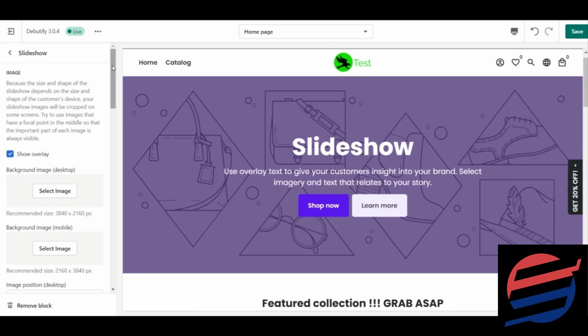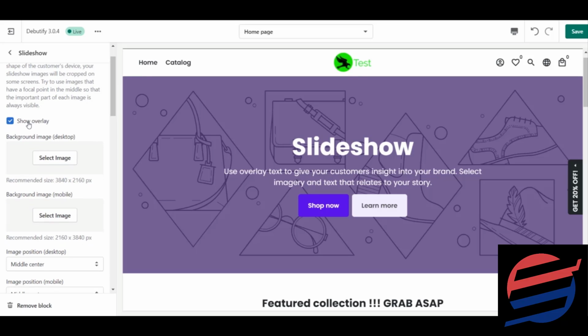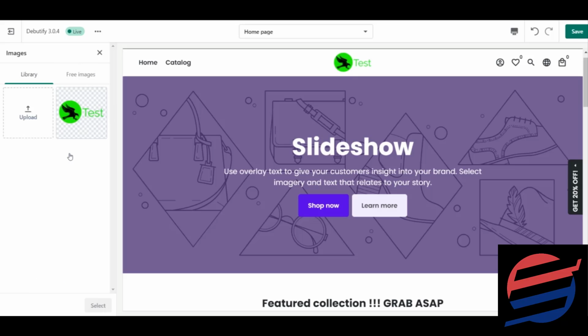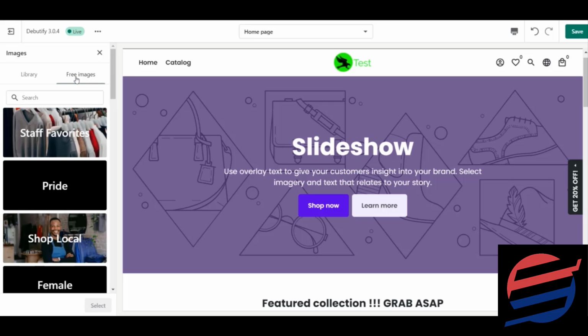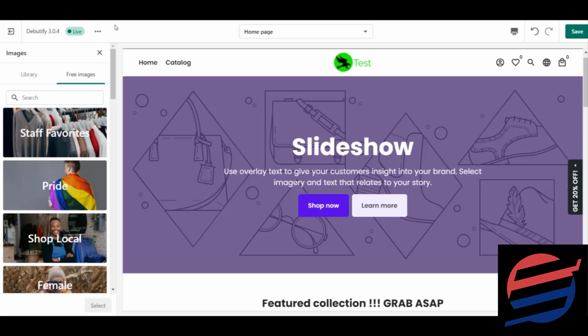You can see that it has so many options, called background image. This is for desktop, and background image for mobile, which means that you can have different images at both your mobile end and your desktop end. So let us just choose a picture. In Shopify there are many free pictures available for us to choose. But if you don't want to use these pictures and you don't want to limit yourself here, there are many